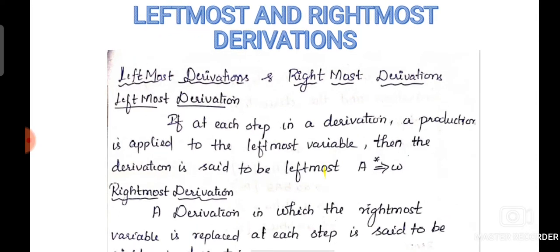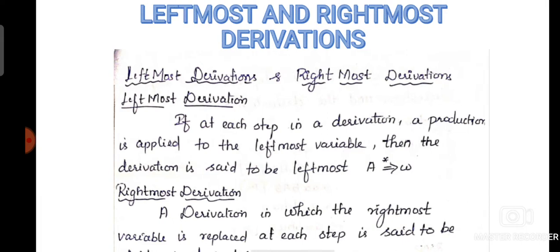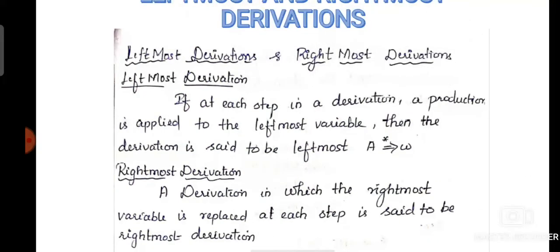Derivations means deriving a string from the given grammar, that is substituting the non-terminals with the help of the production rules to produce a string. This process is called derivation. The derivation can be of two types, leftmost derivation and rightmost derivation. If at each step in a derivation a production is applied to the leftmost variable, then the derivation is said to be leftmost derivation, and a derivation in which the rightmost variable is replaced at each step is said to be